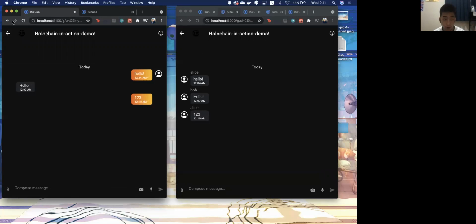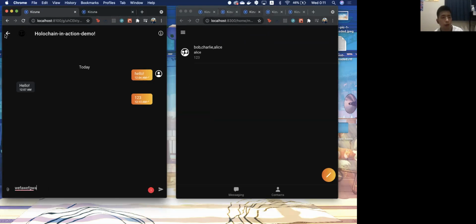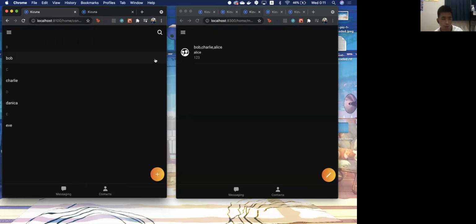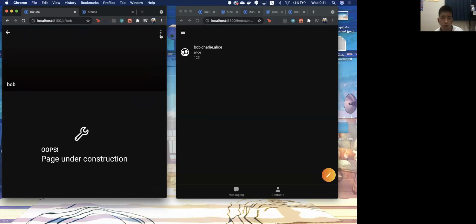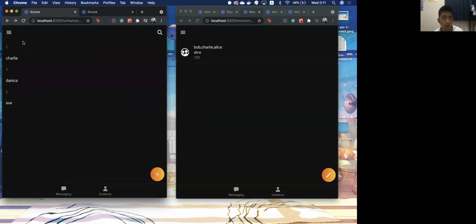And if he reads the message, okay, this one needs to get refreshed, but not really, actually. If he goes back here, the check mark was one check, and now it's two checks because Bob has read it. So if one member reads the message, right now we are automatically flagging it as read. Yes, and typing is also available in groups, as I mentioned a while ago. Also for contacts, you can remove a contact, and that will disappear from the contact list.